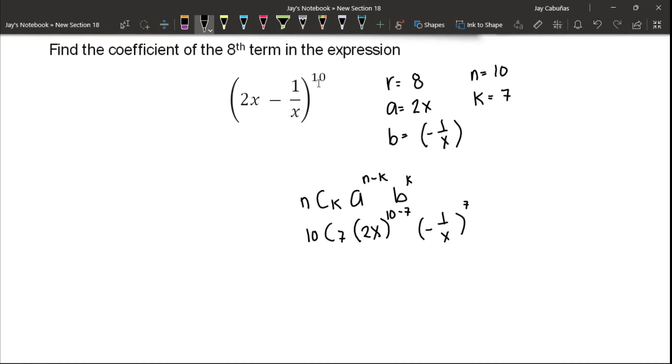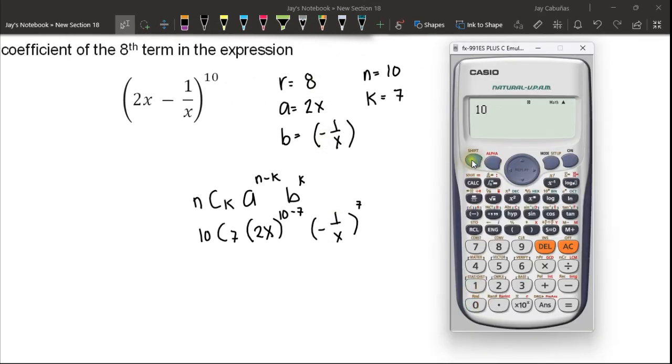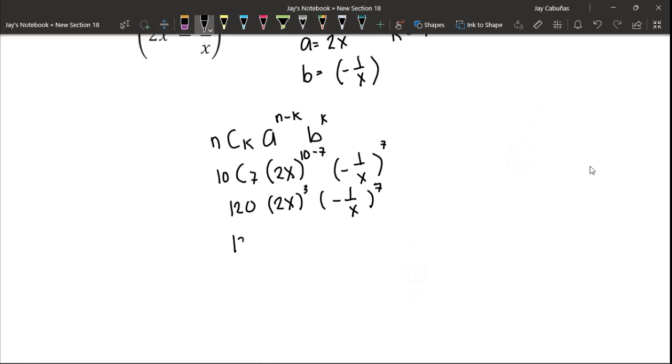Okay, so we have 10 combination of 7. We can use our calculator directly. We have 10 combination of 7, that is 120 times 2x raised to the third power times negative 1 over x raised to the 7th power. We have 120 times 2 raised to the third power, x cubed, times negative 1 raised to the 7th power times 1 over x raised to the 7th power. So this would give us 120 times 8,